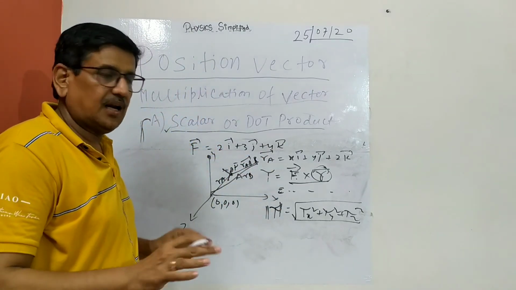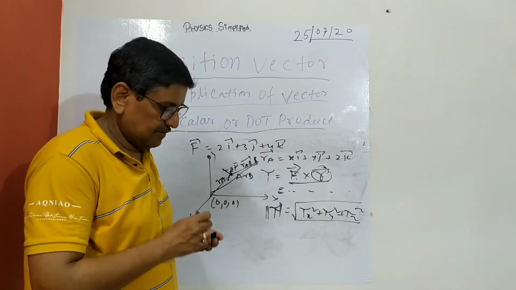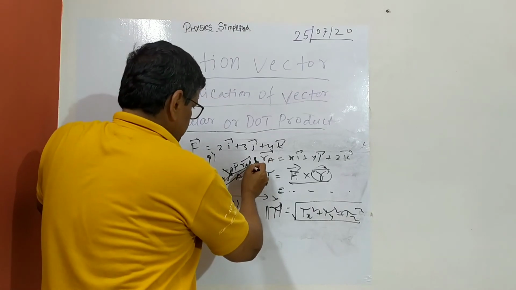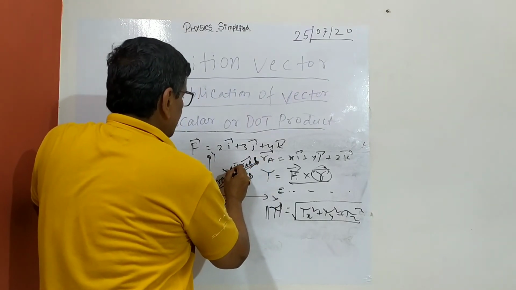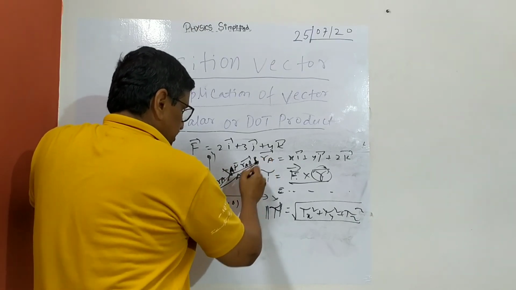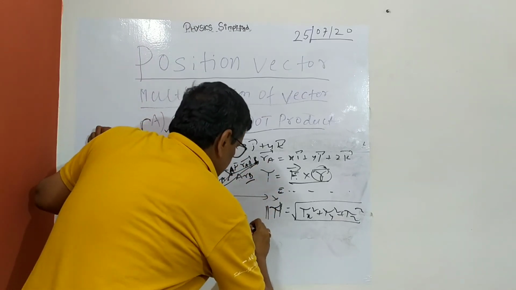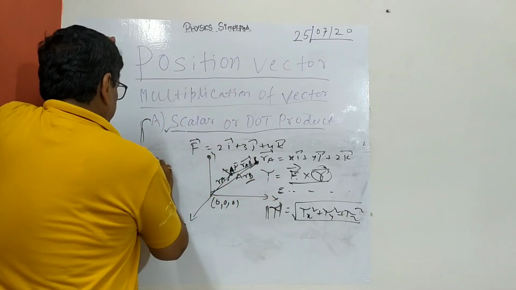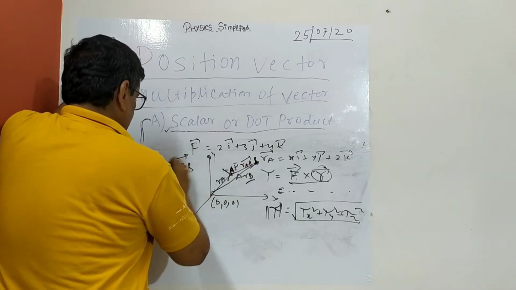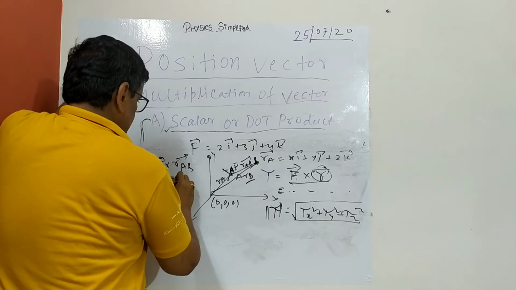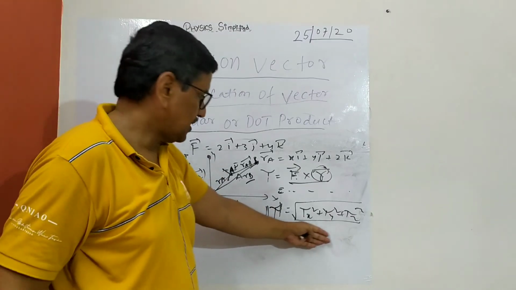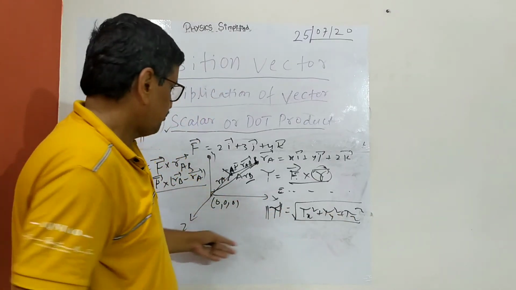I think this sums up entirely the vector, and if you have gone through this, I have too many things to say, but you can solve any problem. So I have already shown that if a force is acting at a point A and having position vector RA, and you want to calculate the moment of this force about point B, whichever position vector RB, then you have to use what will be the torque. So the torque will be the force vector into RAB, the displacement. That is the lever arm. So you have to see the importance of things. And this you will get, and the magnitude you can calculate as the square root of the resultant for a vector representation.